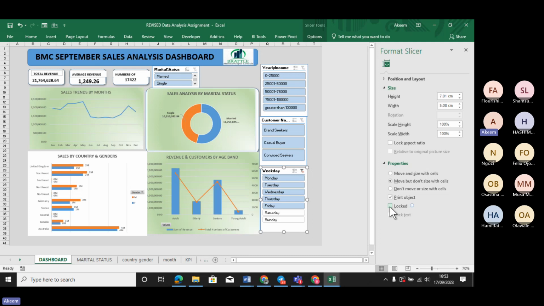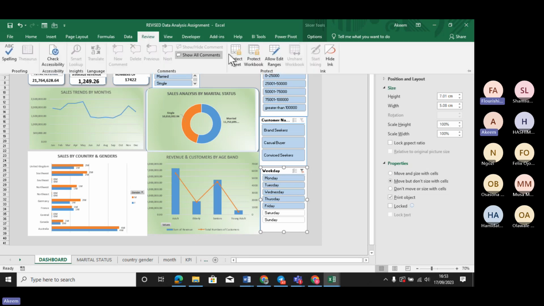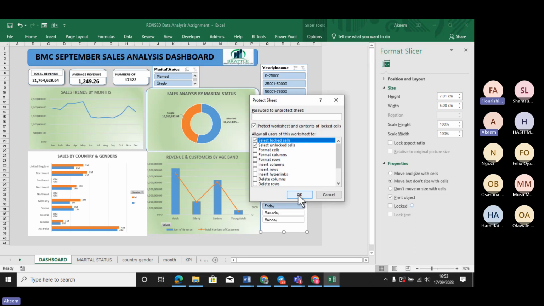When you are protecting a worksheet, you remember we uncheck locked. But this one for the slicer, this is the lock for the slicer. I'm going to remove this. Now, if you review this worksheet and protect this sheet now, you see that